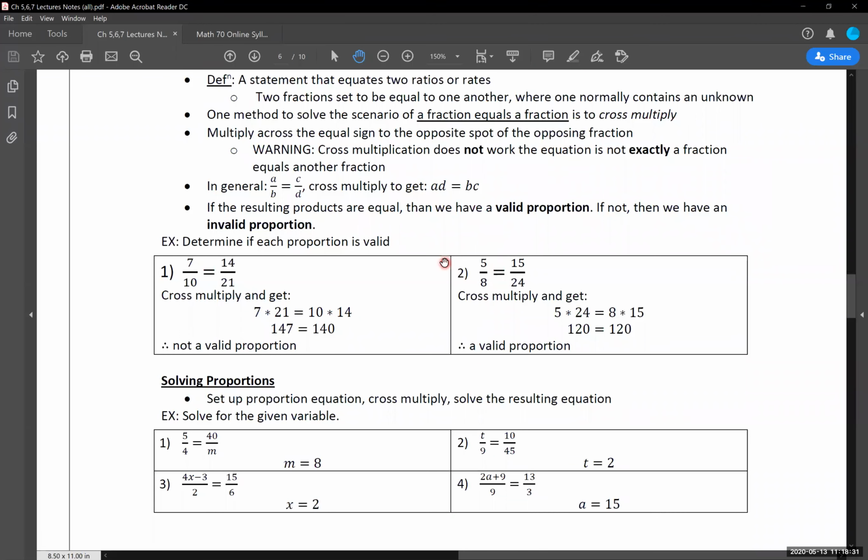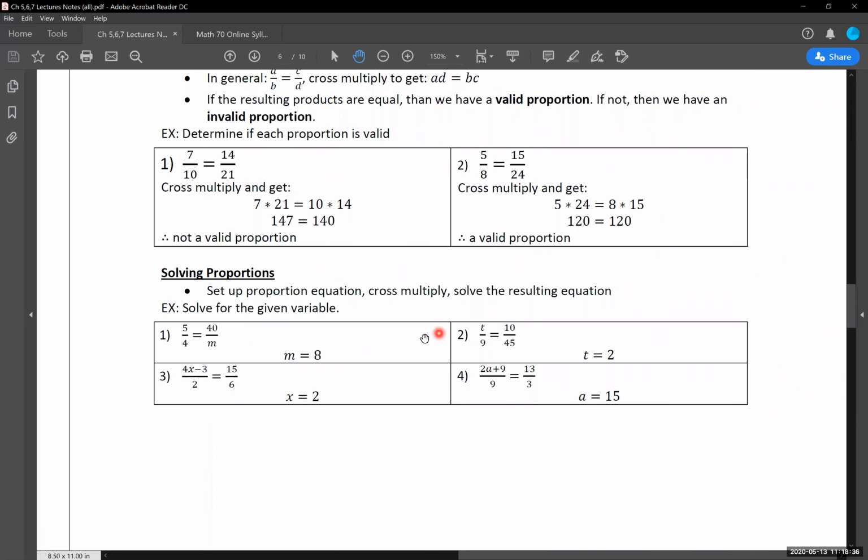These things are proportionately equal to one another. Okay. So now we're going to get into a couple scenarios, and these are the examples we're going to go through now, of how do I set these things up, and how you have these already set up, I should say. How are we going to go through and solve them? So we set up the proportion equation for ourselves, we cross multiply, and then solve the resulting equation that comes after that. So we're going to go through a couple of these. Might not go through all of them. We'll go through at least 3.